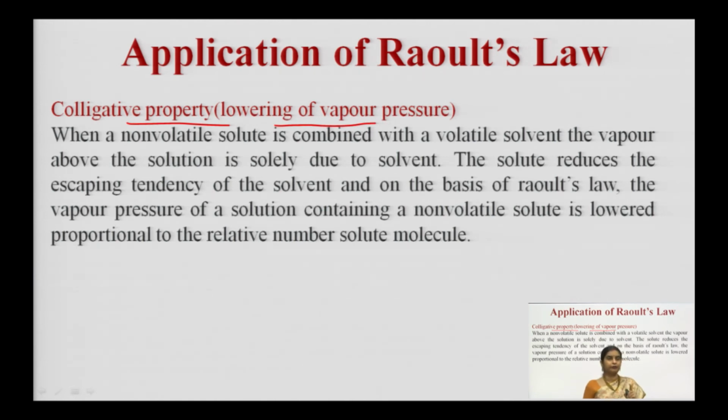Here what happens when we add a non-volatile solute to a volatile solvent: the vapor above the solution is only due to the solvent, because we are using a non-volatile solute. The vapor which we get is not due to the solute. So, with a non-volatile solute in a volatile solvent, the vapor above the solution is solely due to the solvent, and the solute which is added reduces